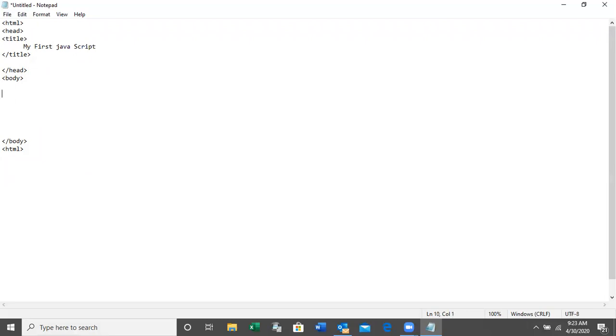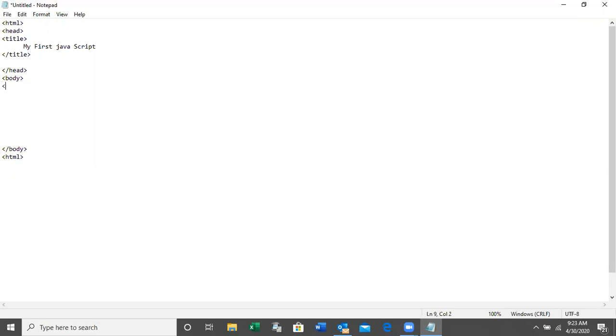Then we can create the files here, right? Before we start the JavaScript, we have to instruct the browser that we are going to write the JavaScript here. So like CSS, if we want to start CSS, first of all we have to write the starting tag of the CSS, like style type equals text/css.